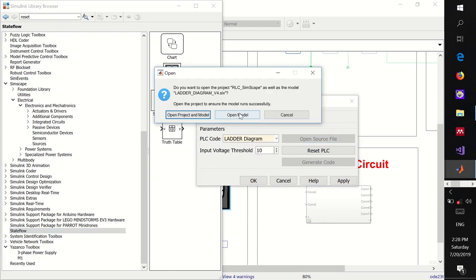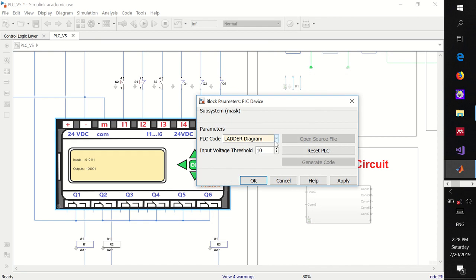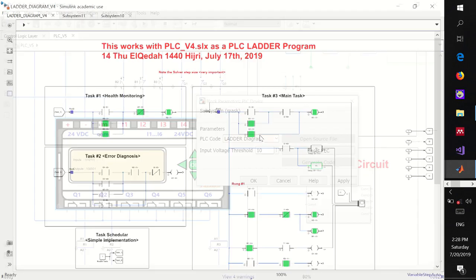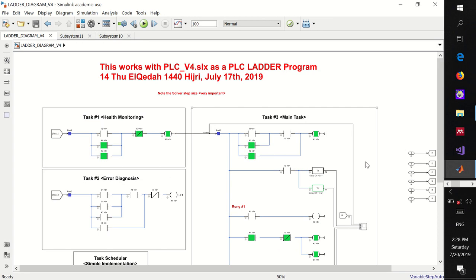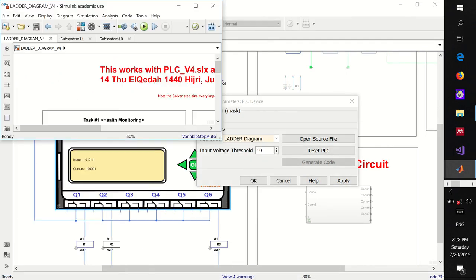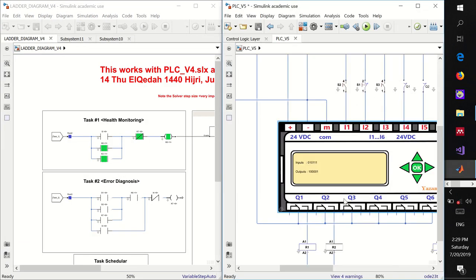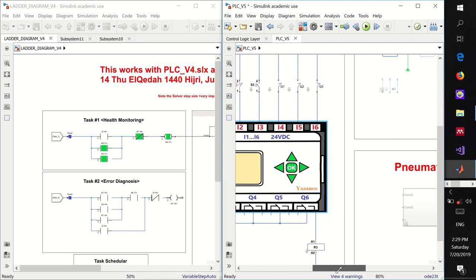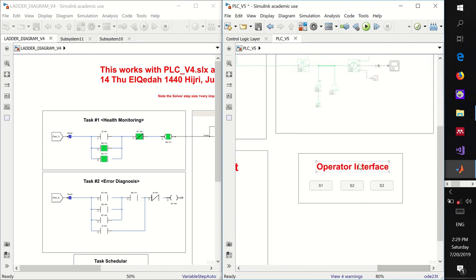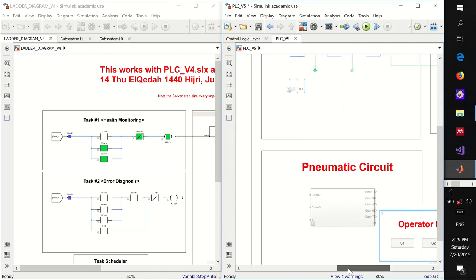Once we open the programming model, we can see here this is the PLC. So now if we put them side by side, and we allow the simulation to take place,